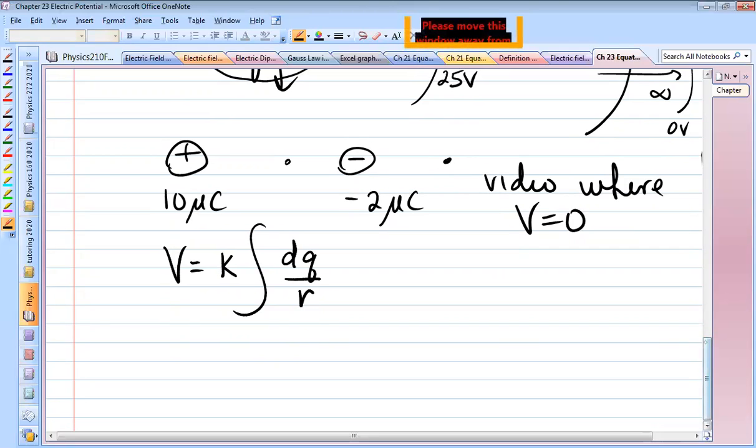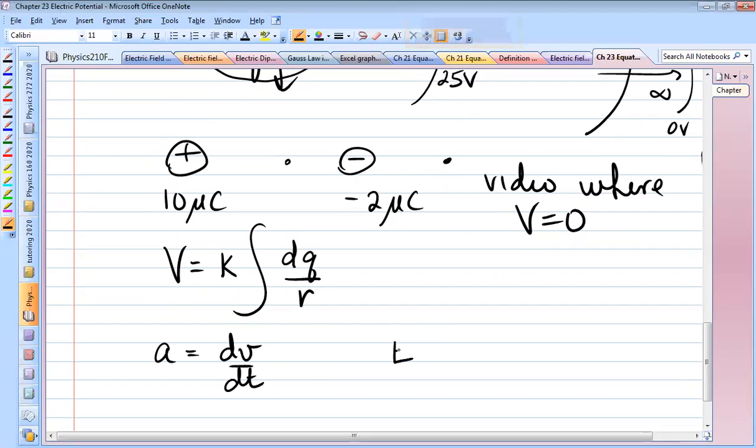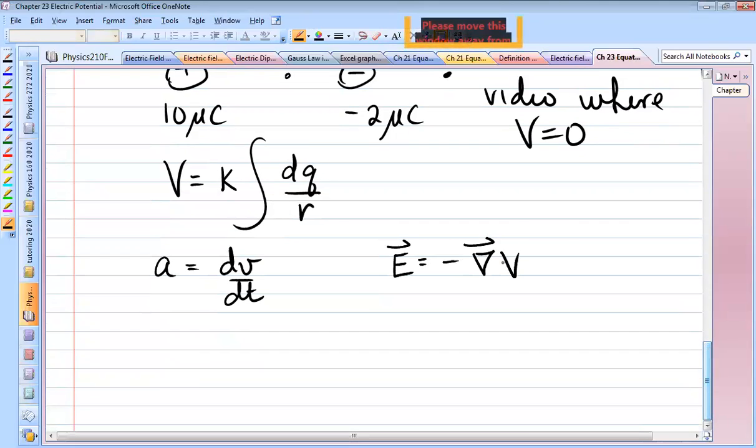Okay. Another thing that's related to calculus is the relationship between electric field and voltage. It's just like velocity and acceleration. So you know how the acceleration is equal to the derivative of velocity? Well, the electric field is equal to the derivative of voltage, except it's not just one derivative, it's the gradient of the voltage, which from your math course, you should know what the gradient means. Remember, the gradient means it's a vector operator, d by dx of V,